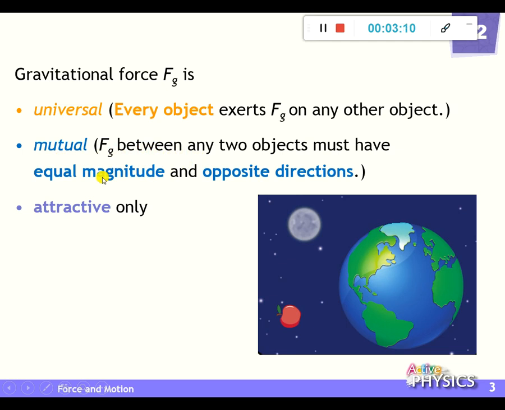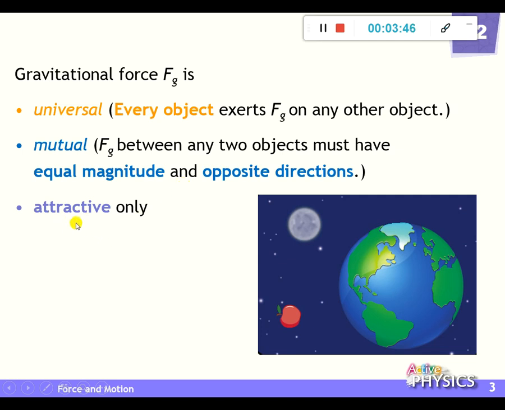For example, if I provide 3 Newton attractive force, this 3 Newton attractive force will be exerted on you. At the same time, you will feel 3 Newton attractive force as well. Of course, the directions should be opposite. In this case, you can see that they are equal in magnitude, opposite in direction, acting on 2 objects, which means 2 bodies. Then this one is also an action and reaction pair.